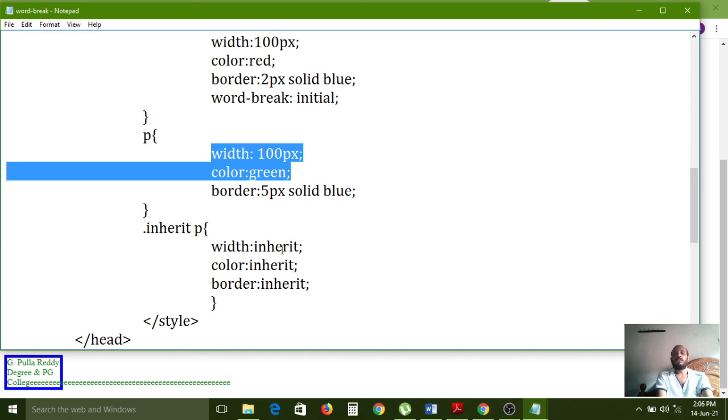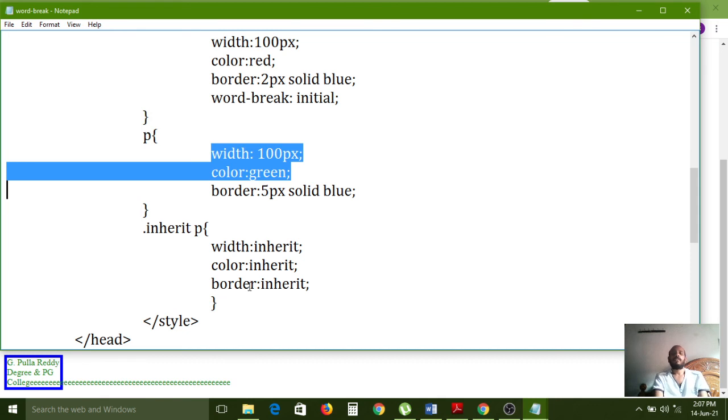Here width is also declared, and the value is the inherit keyword. Immediately it will check the parent element. Here the parent element is p. It will check whether the parent element is available in our document. If a parent element is found, then it will check again whether the width property is there. If it is, the value we assigned for the width property is immediately imported into the current class. That value it will represent on the screen along with those properties. So that is the inheritance concept.